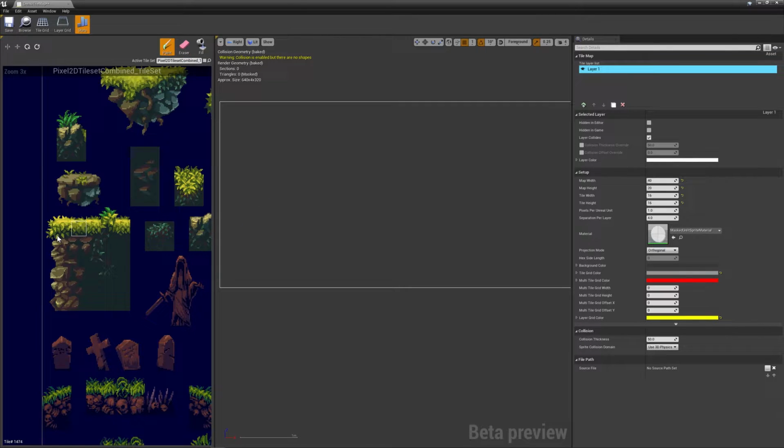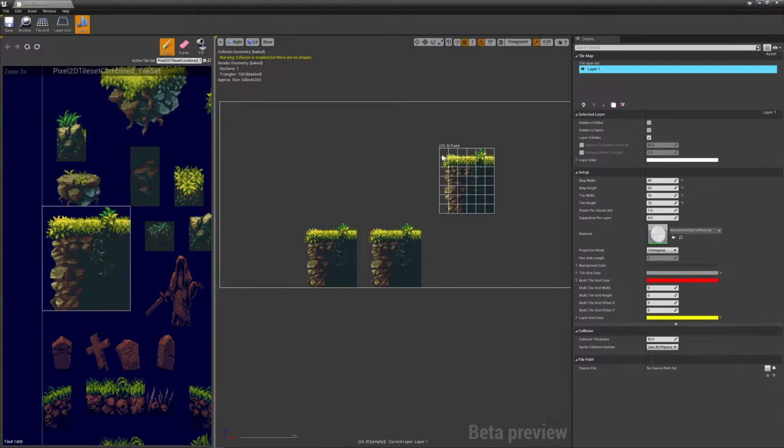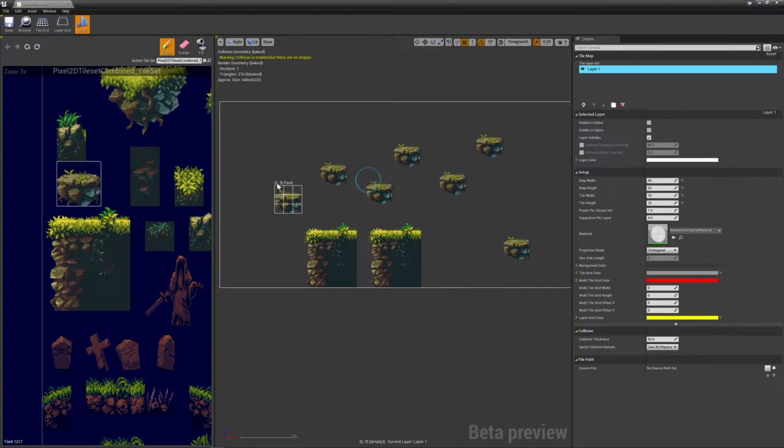So what if you want to paint more than just one tile? Well, you can do that by pressing the left click and dragging your mouse button, and you can select multiple tiles and paint like that directly. As you can see, this is really useful as you can quickly switch between them and have them like this. Now again, you can Ctrl Z to undo or erase them